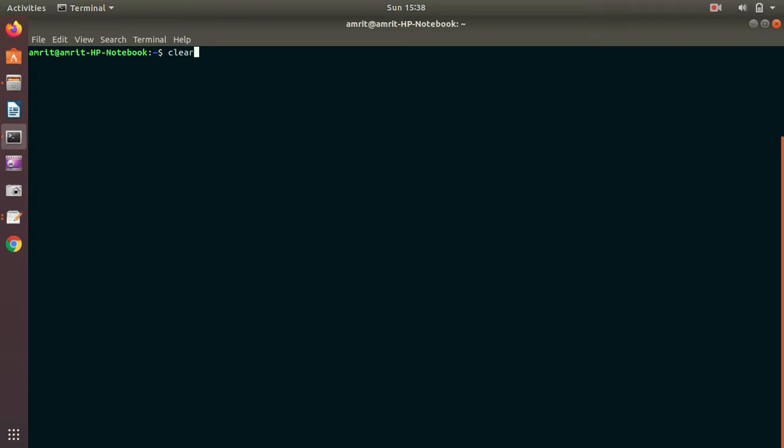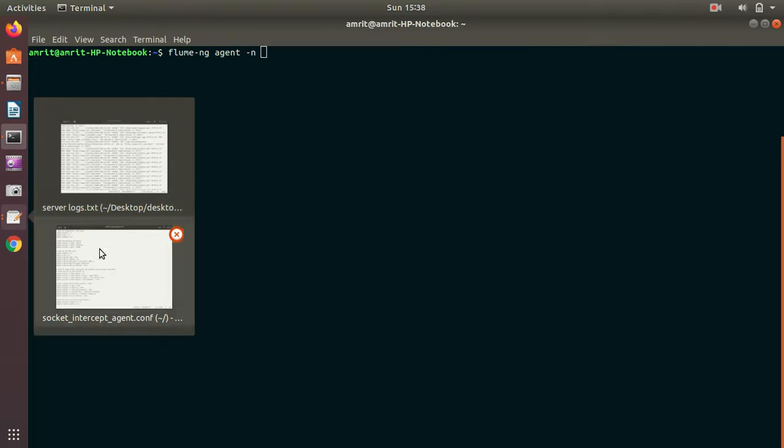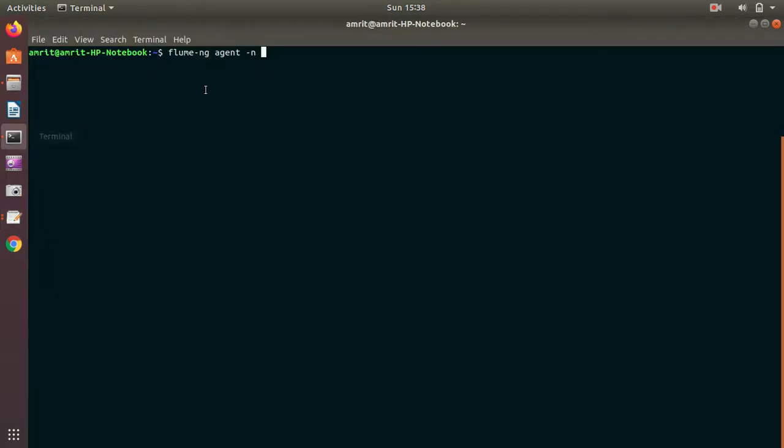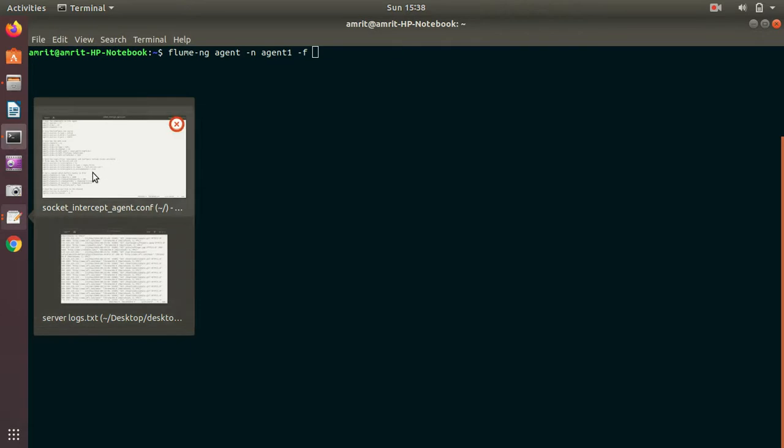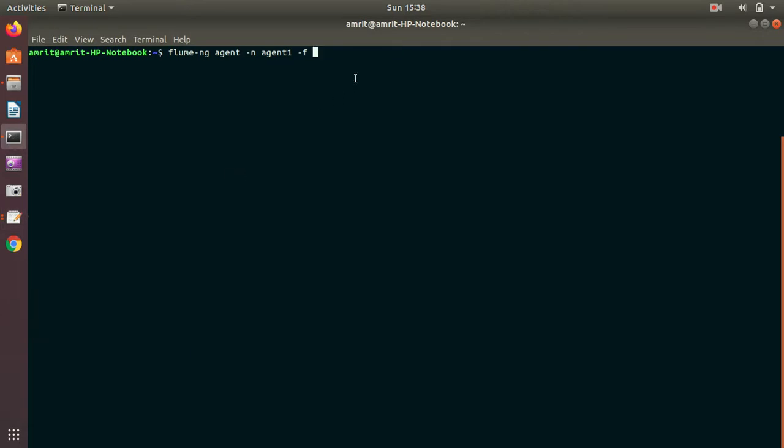So the command is flume-ng, agent name is, in my file, given as agent1, and my file location is home location socket intercept.